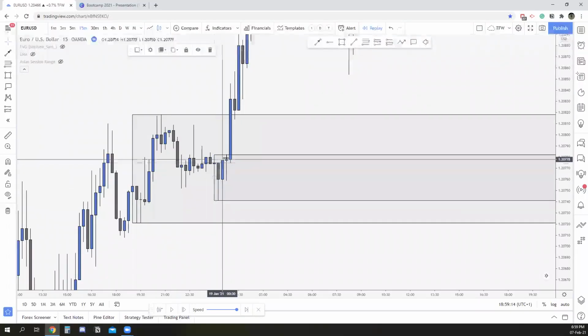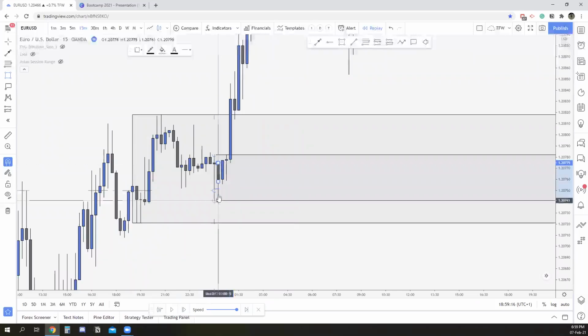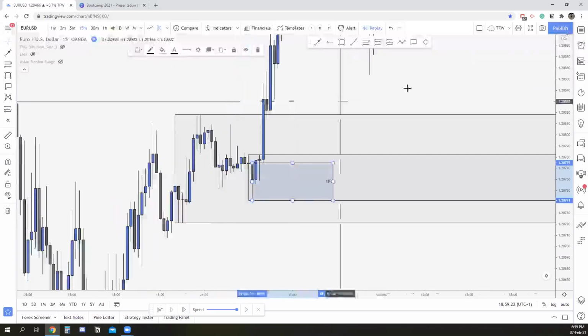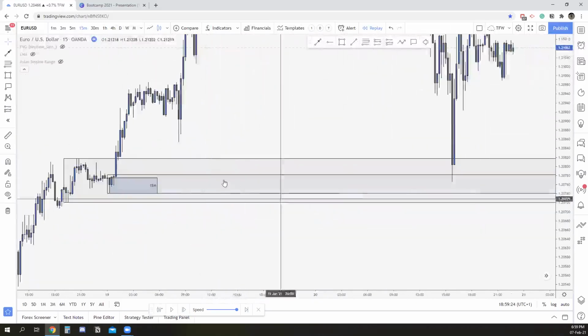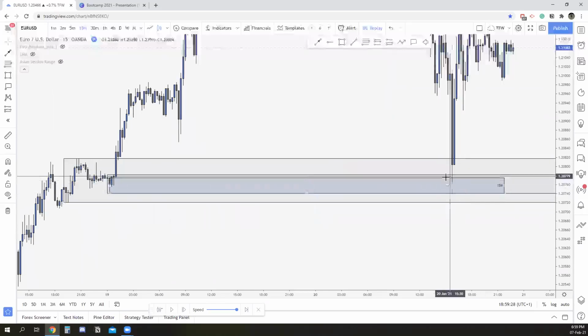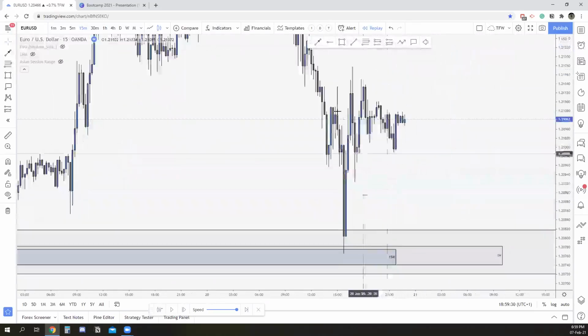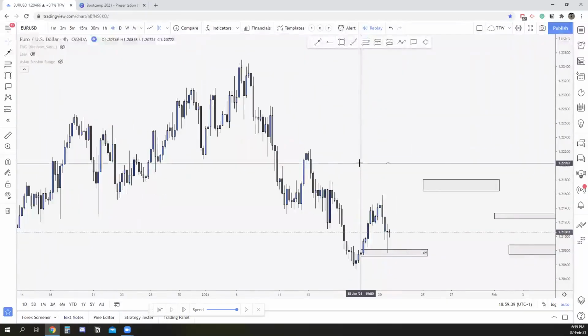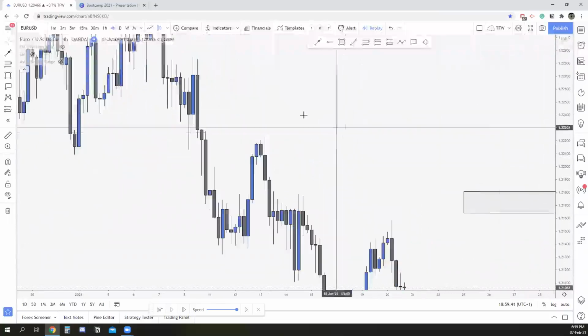Well, I would say it is, because again, if you drop your rectangle like this, you can see that the body actually closed above. So you can mark this as your 15-minute OB. And this is how you get a big chunk of OBs that will really increase your accuracy. As you can see, this one was targeting the 15-minute OB with a beautiful manipulation, and then we ran out, right? So I hope that is clear. This is the little trick that you can use to have your OBs a little bit better, right?